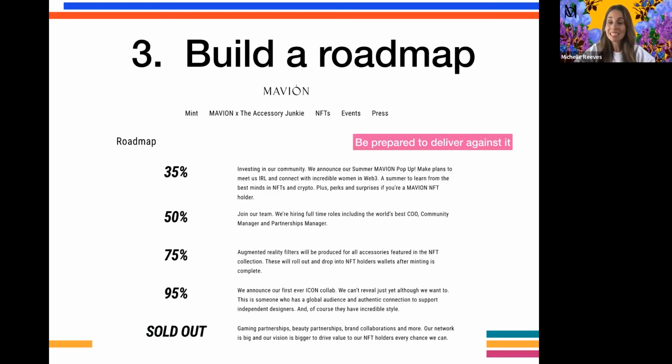Because the roadmap that comes next, you will be absolutely held accountable to. In Web3, your audience, your holders, they see every part of your business and they have big voices, some louder than others, and they want to know exactly what you're doing, when, where, why, and how. So having this roadmap where you articulate every part of your growth trajectory and the milestones you plan to hit is essential. So be prepared to deliver against your roadmap with absolute specific results.